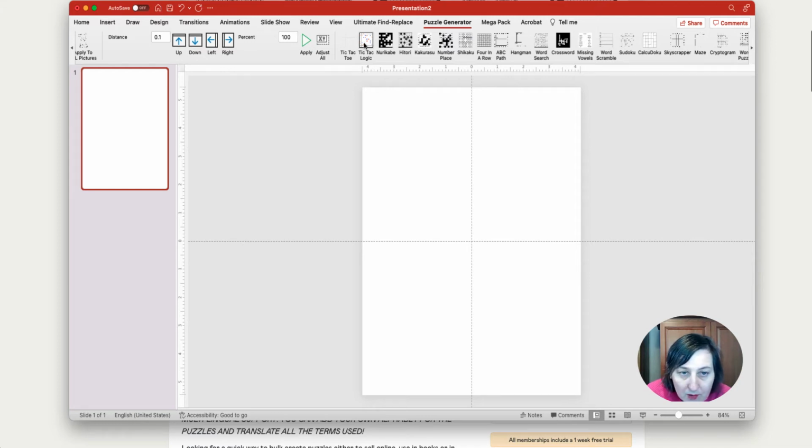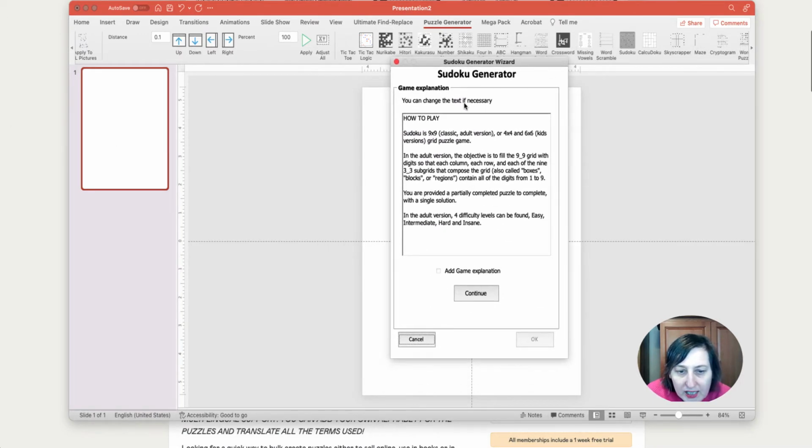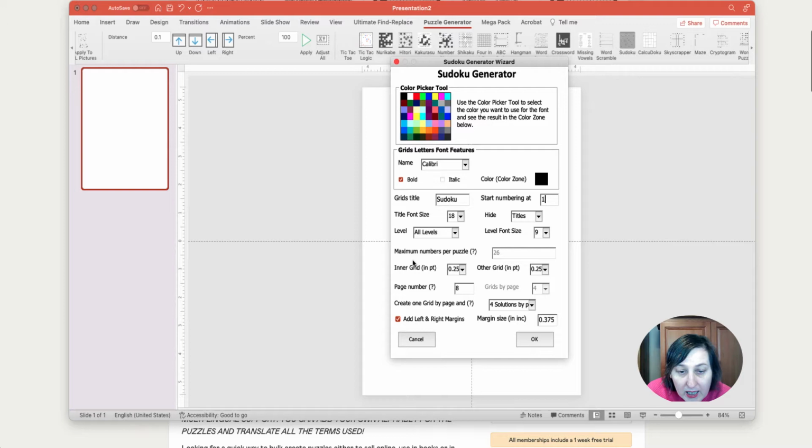Now, some of them, like the Sudoku, let me go to that, you can click on it and you'll get this message here. You can change the text if necessary. You can add information as well, and it'll do it, and you can say how many page numbers you want. So we'll go for 1. Grids by page, so you can have that. You can have 4 solutions or 2 solutions by page or 6 solutions by page. So you can have any of those there. And if I click OK, in fact, I've got to have 4 because there's 4 solutions. So I'm going to click OK,